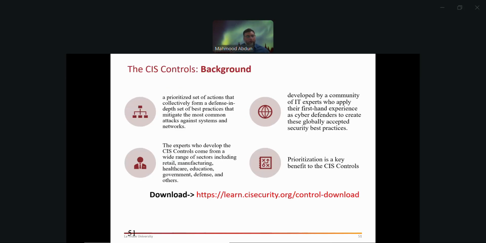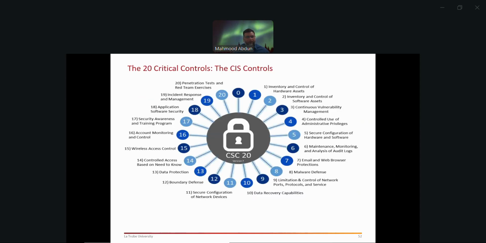So, what are these things? We'll just jump into this. This is according to version 7.1, and they come up with a new version number every 3 to 4 years. So maybe in this year or the next, they will come up with version 9 or something like that. They will keep on coming, and all of these things change. But the first few always remain the same.